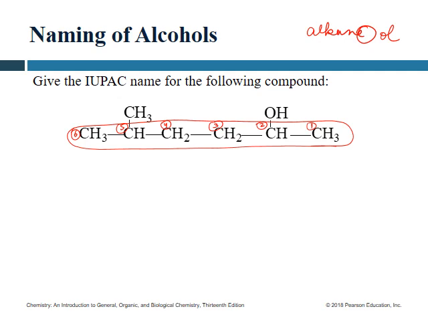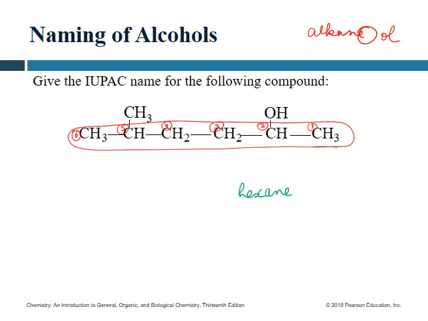So now what do we do? This is my parent chain. So what is the name of the parent chain here? This is 6 carbons, so it will be hex. If it was an alkane, I would call it hexane, but in this case, what is this parent chain? It also has a hydroxy group, which means this is not an alkane, this is actually an example of an alcohol. So we would replace the E at the end with OL. So what would be the name now? The parent chain would be called